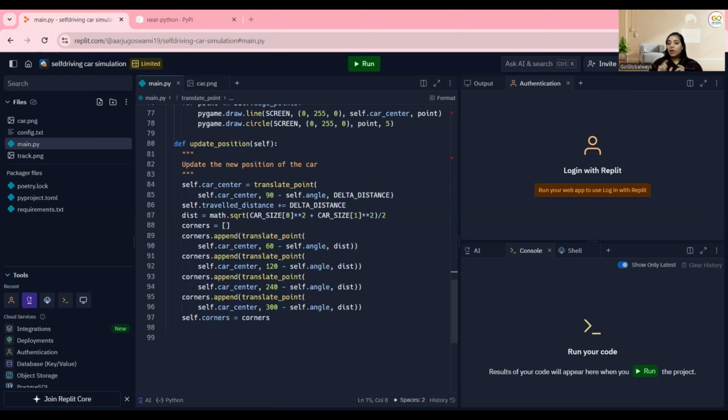We are treating the car corners as a rectangle, and we are calculating by moving from the center in four directions: 60 minus self.angle, 120 minus self.angle, 240 minus self.angle, 300 minus self.angle. So we have four directions and we are calculating accordingly. Don't go deep. If you know the mathematical concepts, it's fine. If you don't know, you have to understand it this way only, because this is the only way of letting you understand. Now, the distance to the corner is half of the diagonal of the car,